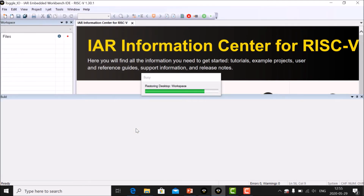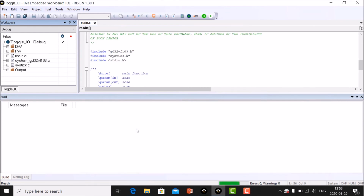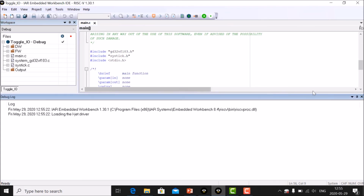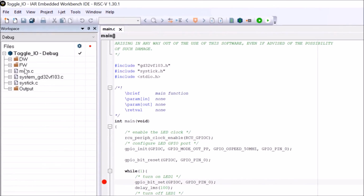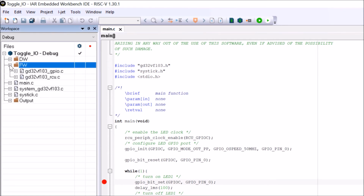In this case, I choose the LED toggle IO project. And as you can see, the structure is already in place. So we have all the files required in this project in the tree here. So we have the main file, we have all the drivers and so on in the file, for example, the